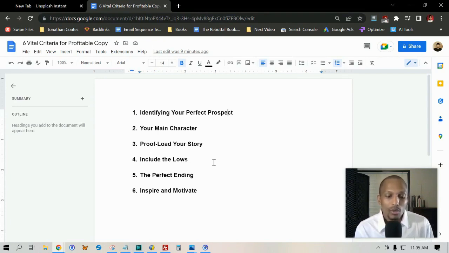So when you're able to picture and perfectly illustrate that perfect ending to the reader, from the main character, how they tried this, and this, and I had these ups and I had these downs, and I finally got to the end result where I've been trying so hard to get to, you want that perfect ending to be what the reader is trying to achieve. So that just gets back to number 1, the foundation of identifying our perfect prospect, all right?